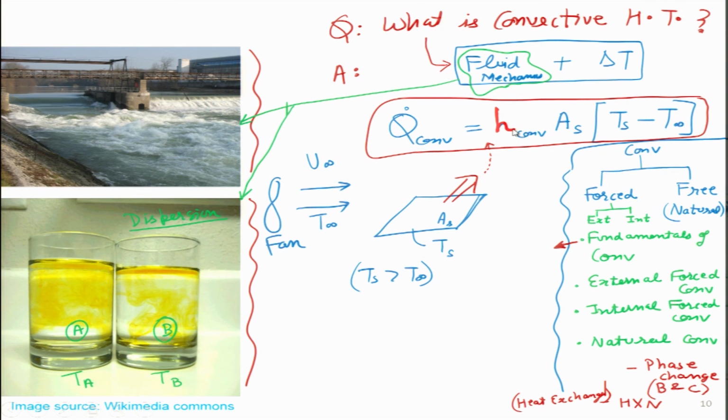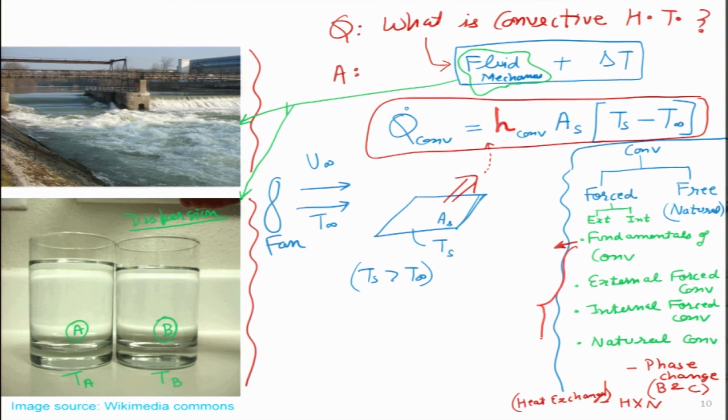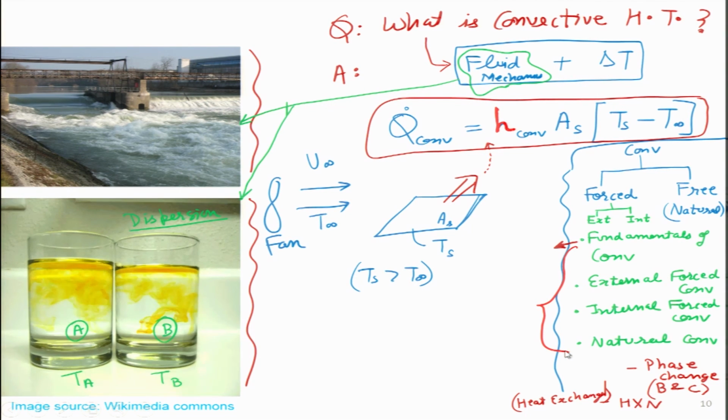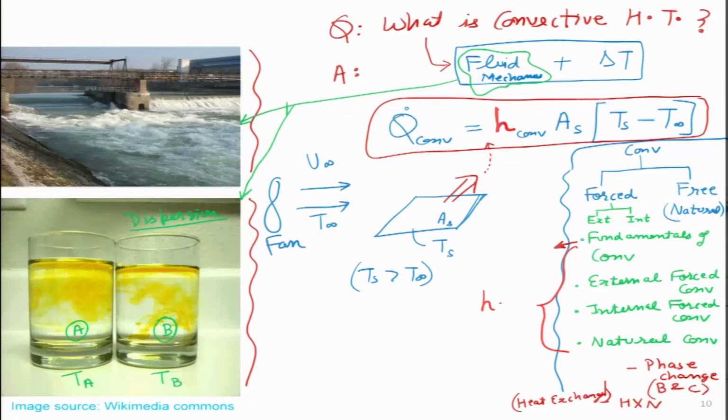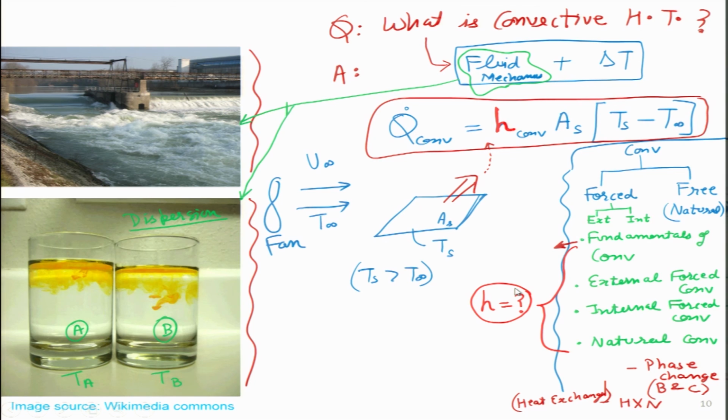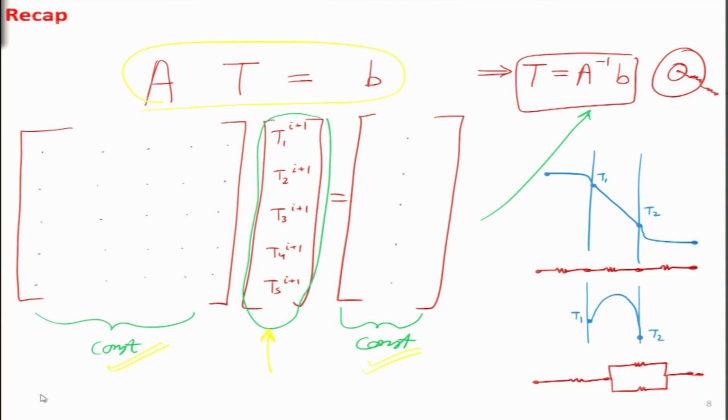All the things that we will study in the next 10 to 12 lectures are just to answer one question. It is kind of a holy grail problem: what is the value of h? Because if somebody gives us engineers the value of h, then the problem is solved already. You remember in the last 10 lectures for conduction, everywhere, if I go back 2 slides over here, we were assuming that the temperature of air and the convective heat transfer coefficient are known to us.